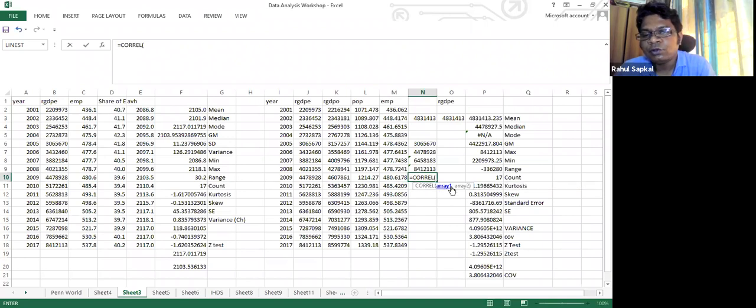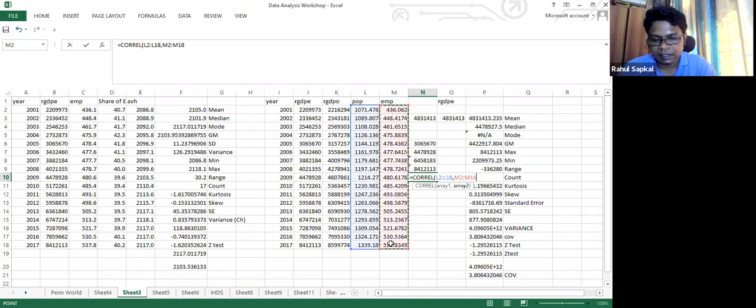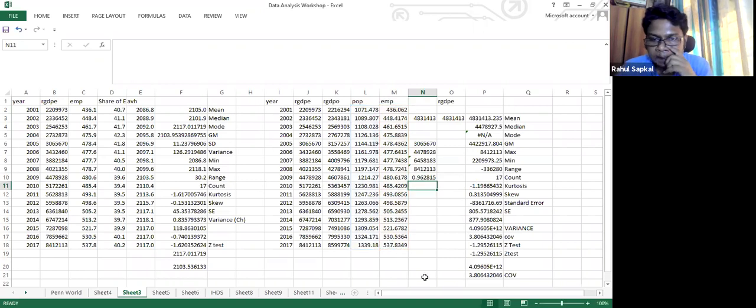Now it will ask you for two arrays, meaning two different variables. In the first array, comma, my second array. I'll close the bracket. It is showing the correlation is 0.96.